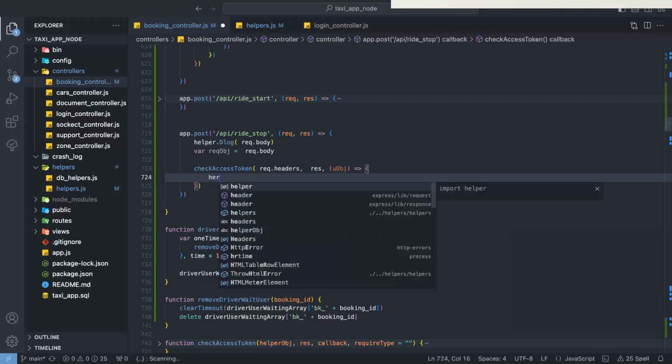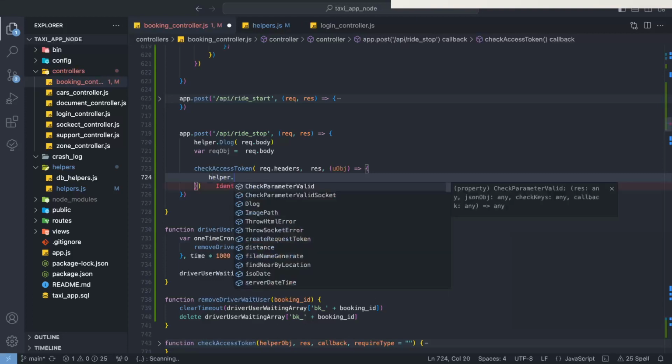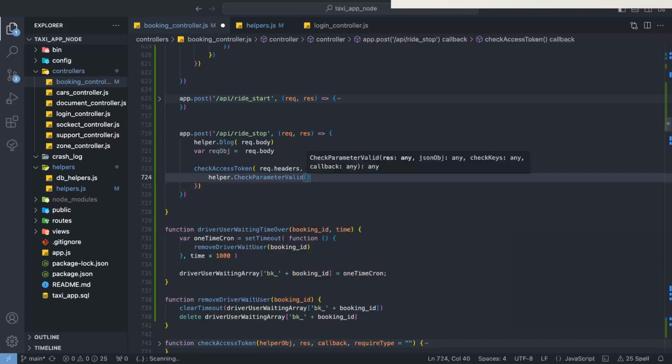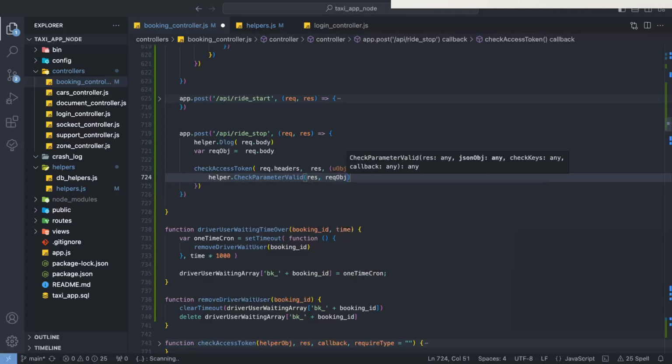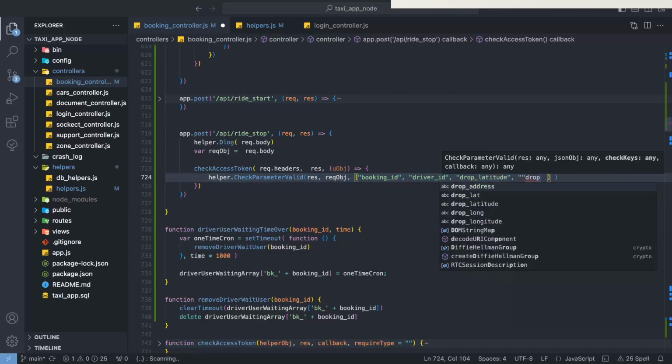Now we need to check the required parameters. If the check parameters are valid, we need to give the response object first of all, then the request object, and check which parameters we need. First of all, the booking ID, and then after the driver ID, and then after the drop off latitude, drop off longitude,